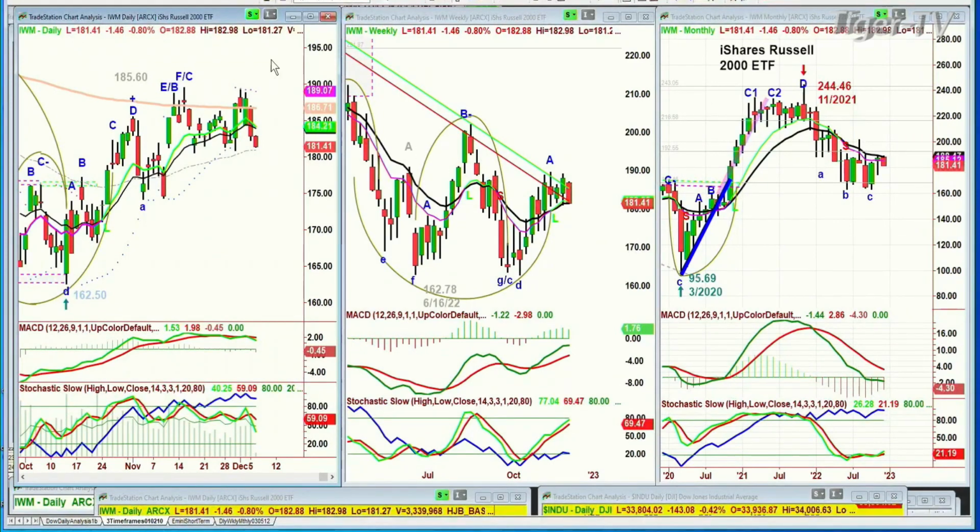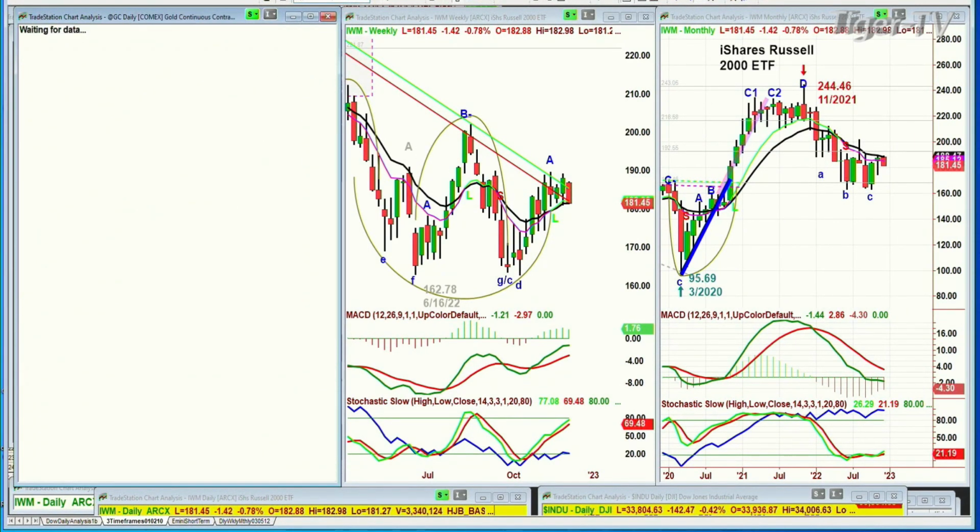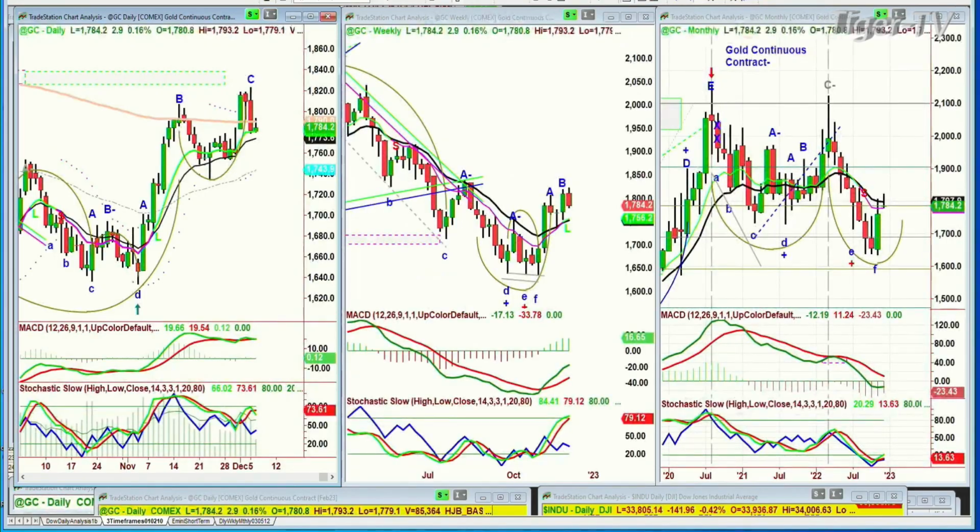Got to the 200-period moving average, peak F, and now it's pulling back. And this is the gold again. Gold is now pulling back from the bounce it had. It's up 3 at 1784. I'll come back and I'll show you some very interesting things in the 1-minute chart with all these techniques that I just discussed.